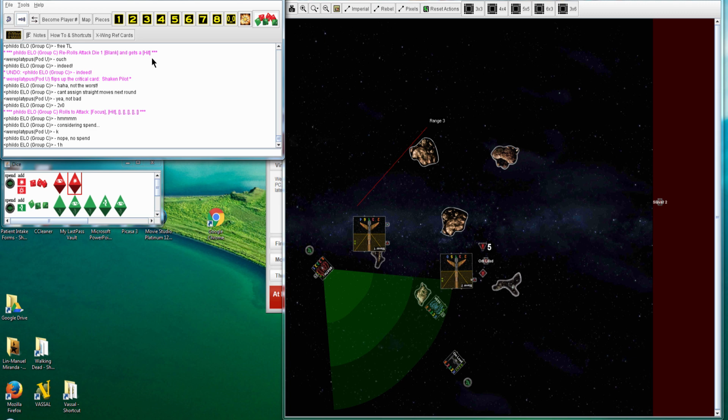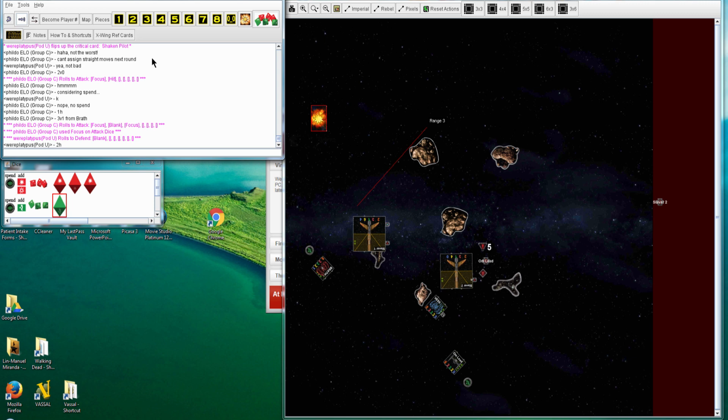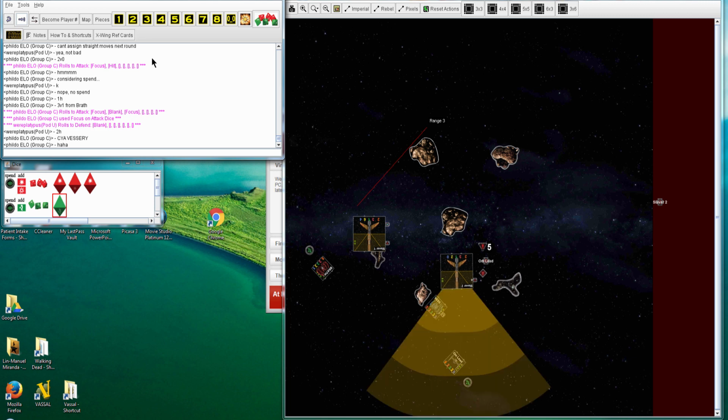So Brath is going to get a range 3, not through an asteroid shot, so 3v1. And he will use that focus. So 2 more damage. So just like that, that was a lot of damage for Slaver 2, but this is where he can probably do some damage. So he's going to go after...